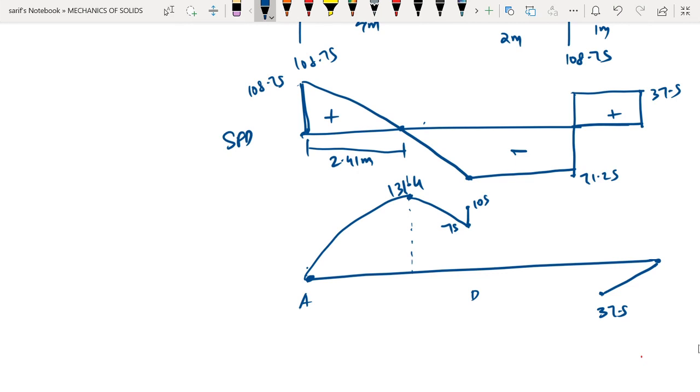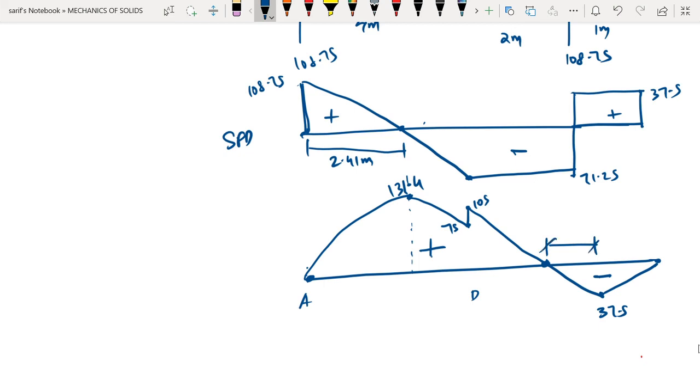And here at the point D there is a sudden jump in the bending moment diagram, showing that there is a concentrated moment that is acting at the point D. Now between these 2 points the shear force is having a constant variation, indicating that the bending moment is going to be linear. So it is positive and it is negative, which means that the bending moment changes sign somewhere in between. The bending moment changes sign from positive to negative somewhere in between, and this point where the bending moment changes sign is known as the point of contraflexure.